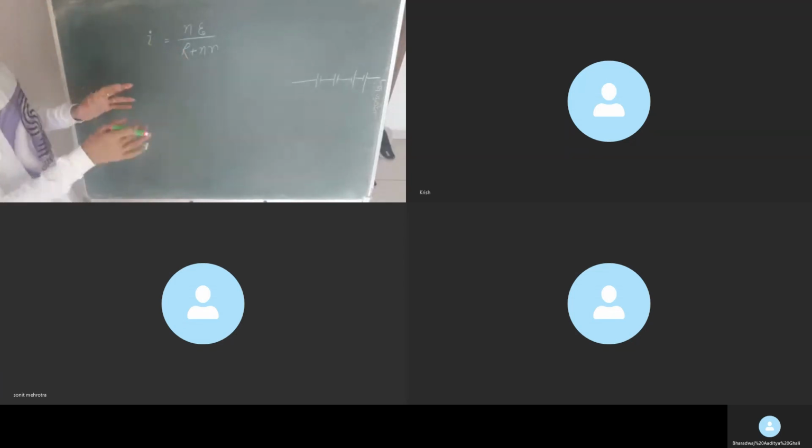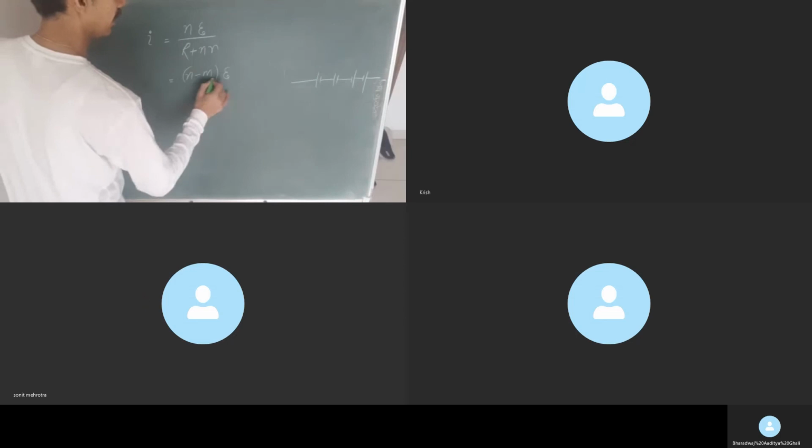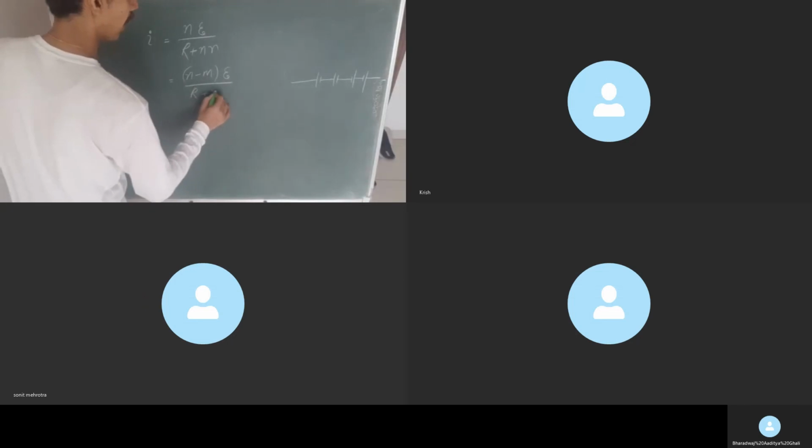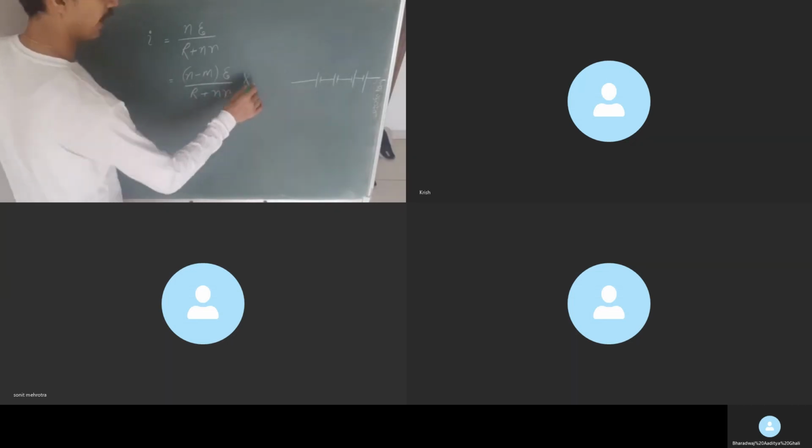to stand benefited only when you are appearing in everyday kind of examination. IIT will not ask a question directly on it. IIT will ask of the kind I did. And if you go by this equation, if you say that okay, it was N here, now M with reverse polarity, then I will use N minus M into E divided by R plus NR. Then this is incorrect. Why is this incorrect? Because here you have not reversed the polarity, you have removed M cells.